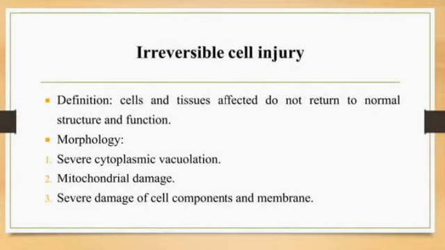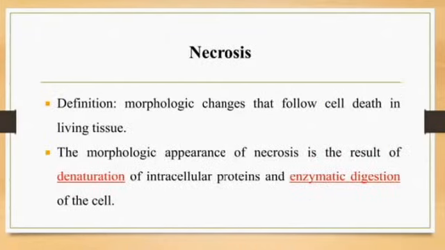Cells and the tissues affected do not return to the normal structure and function. Morphology: severe cytoplasmic vacuolation, mitochondrial damage, severe damage of the cell components and membrane. While speaking about necrosis, this is a form of morphologic changes that follow cell death in the living tissue. The morphologic appearance of necrosis is the result of the denaturation of the intracellular proteins and the enzymatic